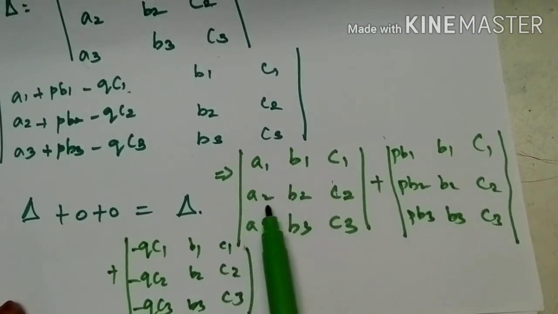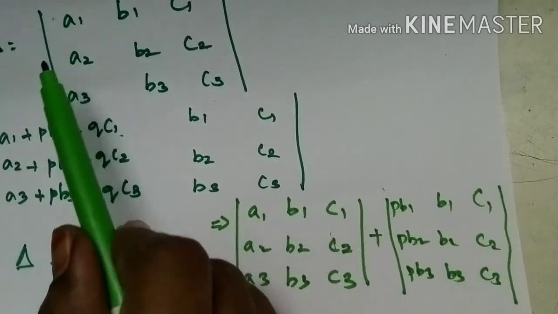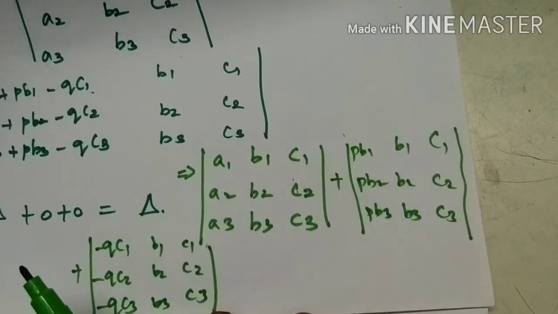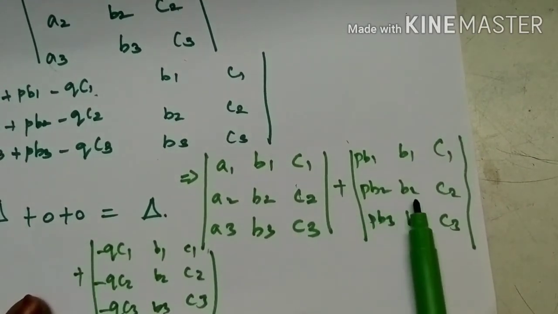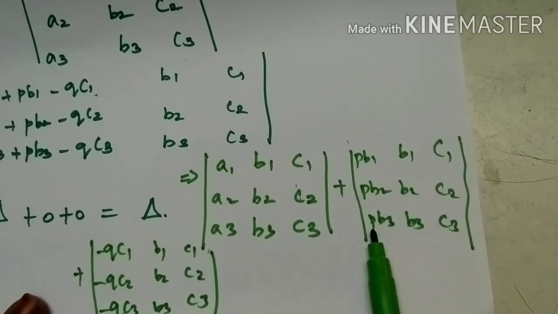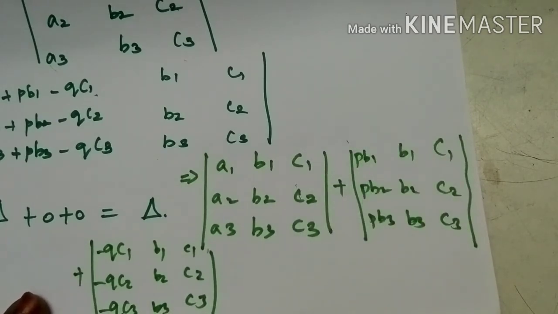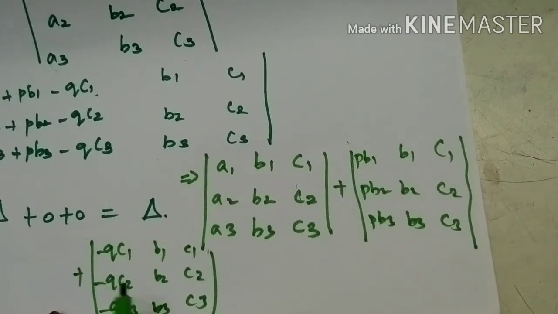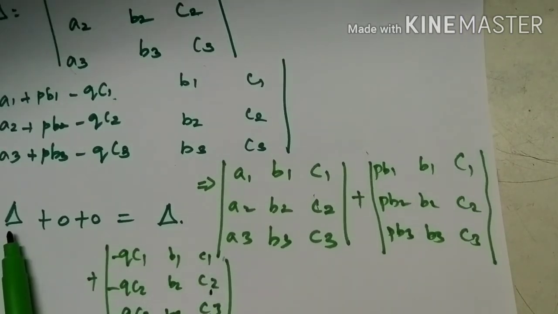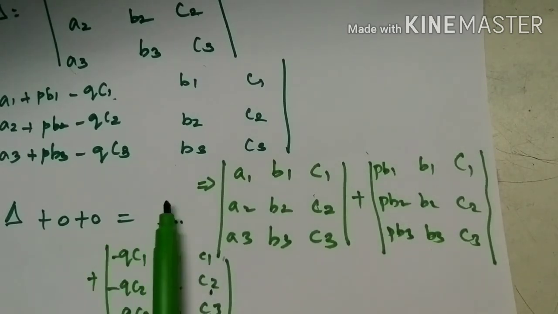Now see this. The first is the expression of the normal determinant which we have considered. The second and third determinants, which we added, contain equal multiples of another column which is already present in the determinant. If two columns are identical, either as equal multiples or directly identical, your determinant value would be 0. We have already seen this in the properties. A similar property is applicable here also. Here the first column is equal multiples of another column, so your determinant value would be 0. So your determinant is del plus 0 for this determinant and another 0 for that determinant. Your determinant value would be the same.